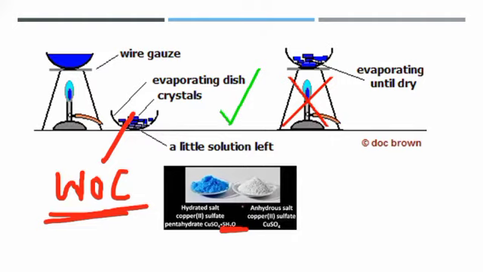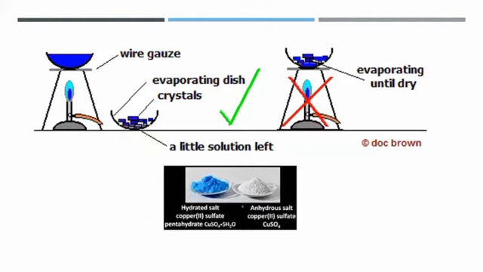Hydrated comes from the word hydration, and we associate hydration with water. So a hydrated salt, or hydrated copper sulfate, means that it has water of crystallization. But the anhydrous salt, which has been evaporated till dryness, is going to form a white powder. Over here we had blue crystals, and over here we're going to have a dry powder that has no water of crystallization, so you'll simply write it as copper sulfate. That is the difference. And if you heat your copper sulfate crystals further, it's going to form anhydrous salt, because then this water of crystallization is going to evaporate.